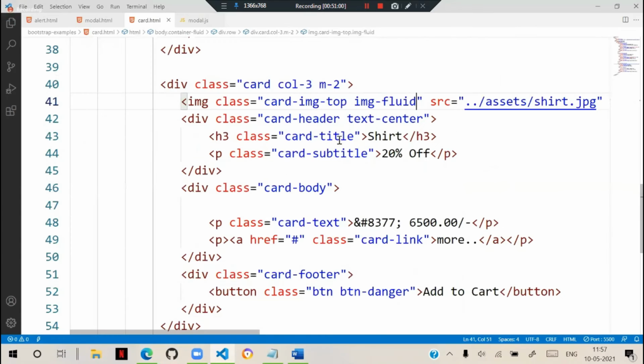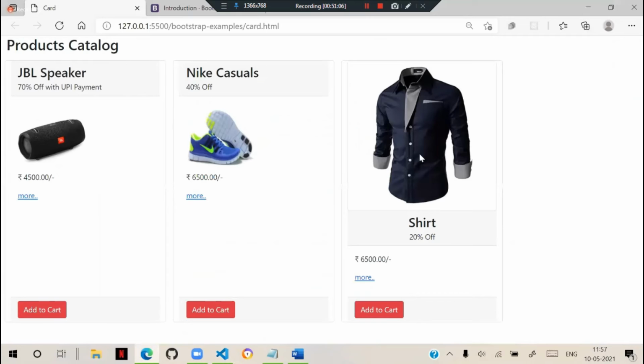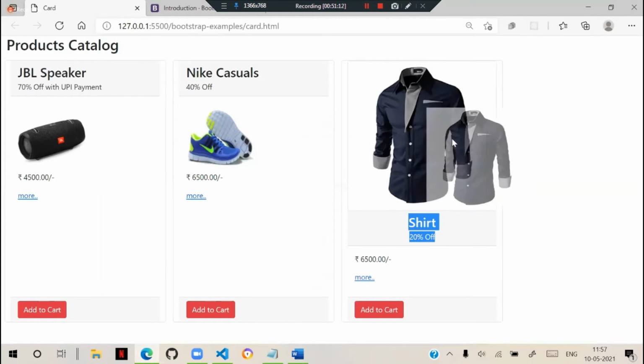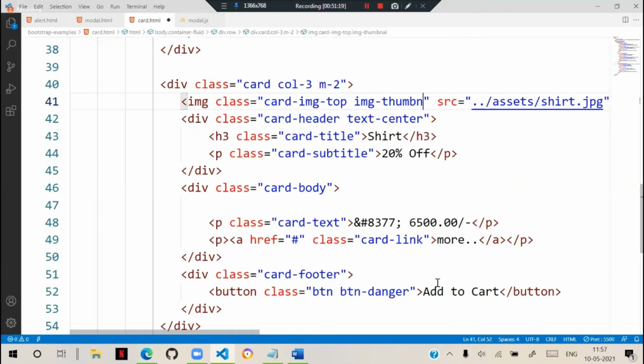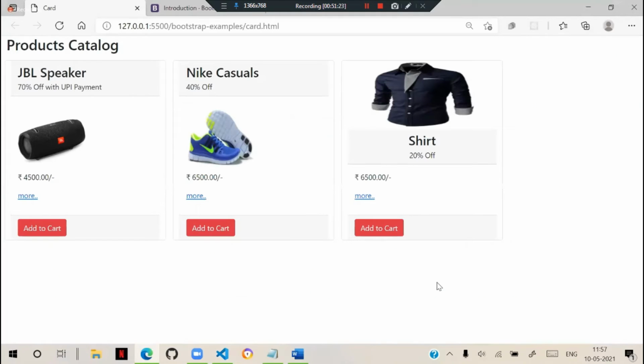For images, we can use img-fluid. I can use img-thumbnail for an image. It will give a thumbnail-like appearance. You can see only that image will be separated like that. So that kind of appearance you can give them. This is required, especially when you are dealing with different images. All contents can be top, all can be bottom or left, right alignments, everything your wish.